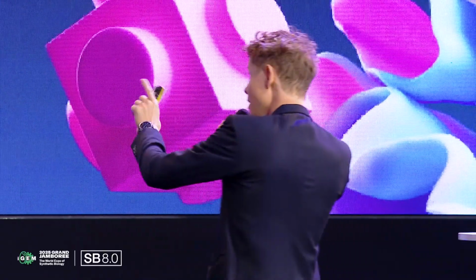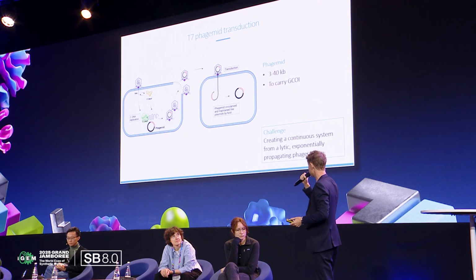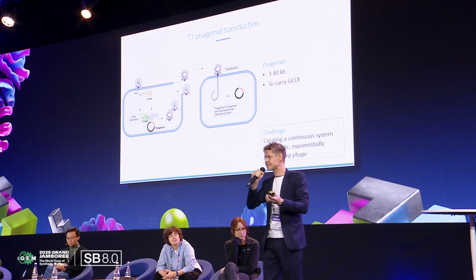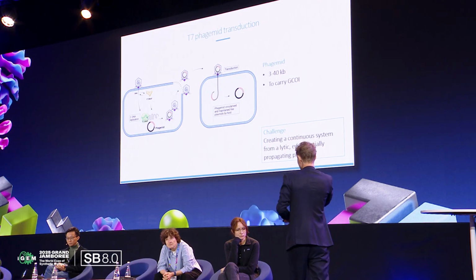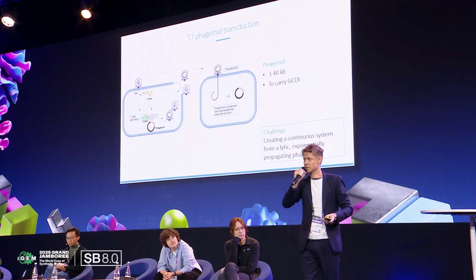And when they meet a new E. coli cell, they are injecting it, and it is recircularizing and now being maintained as a plasmid in the new host. So this is a nice little mix between phage and host DNA we're looking at. So the idea would be, can we get this little phagemid to transfer the genes we're interested in? We can handle them somewhere between 3 kb and 40 kb, so it's quite versatile actually.